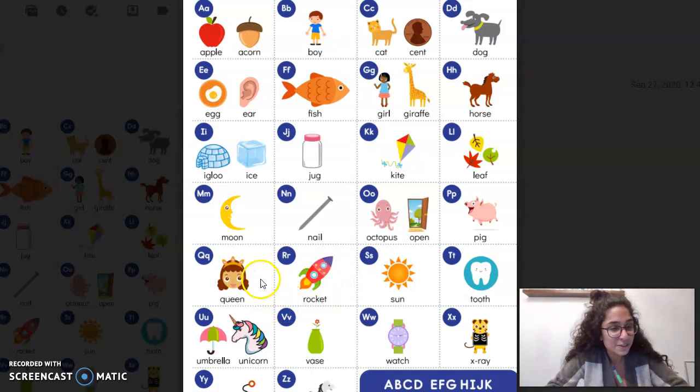Did you cross out or put your finger on this box? I made the qu, like queen sound. Can you repeat after me? Qu, like queen. Awesome. That's a fun sound. How about,